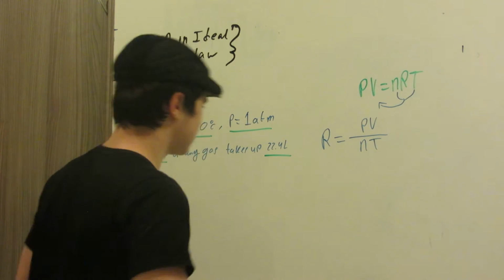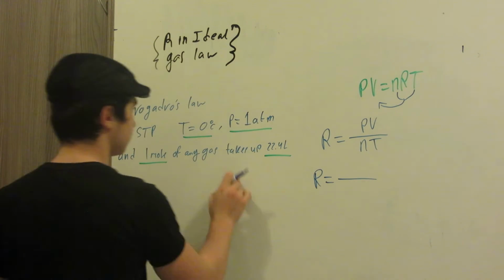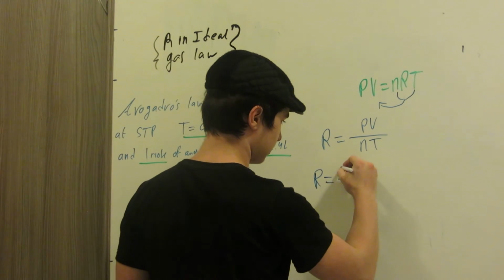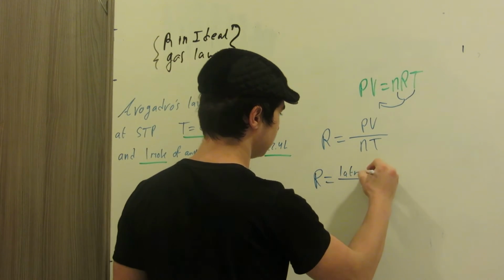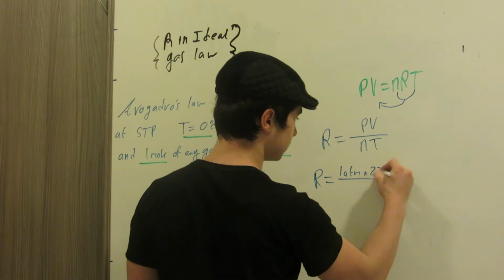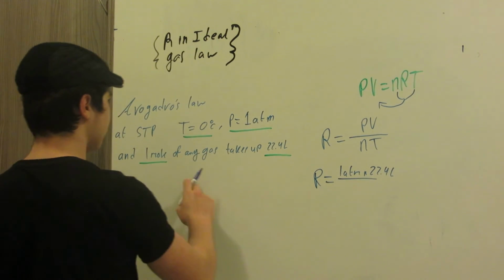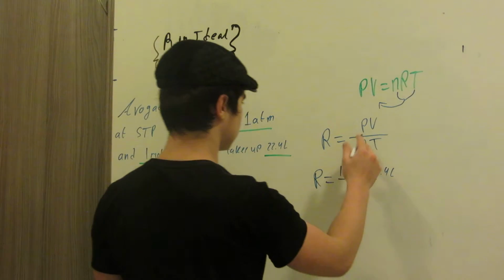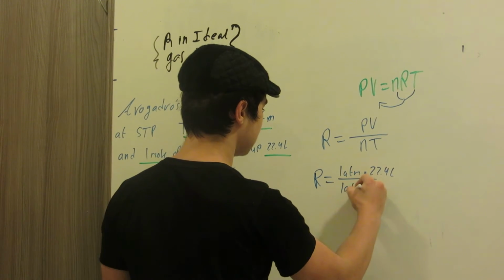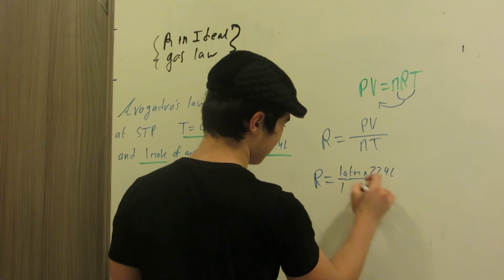So using this data, we write R equals the pressure, 1 atm, and then the volume, which is 22.4 liters, over the number of moles, 1 mole,